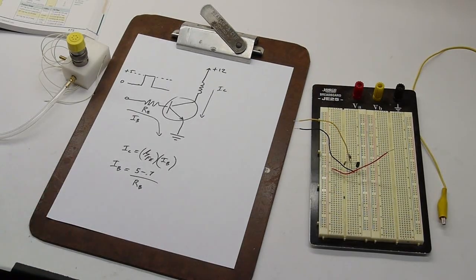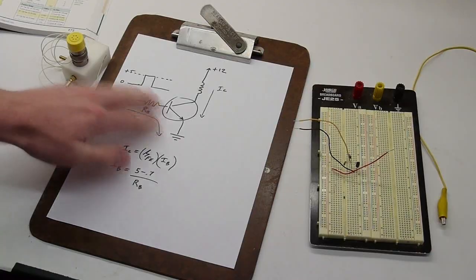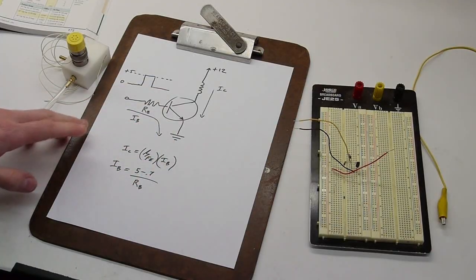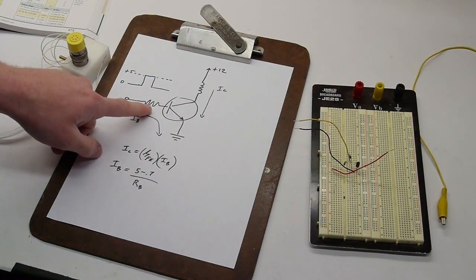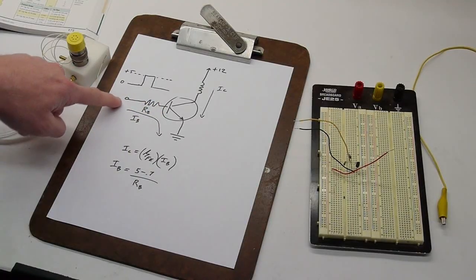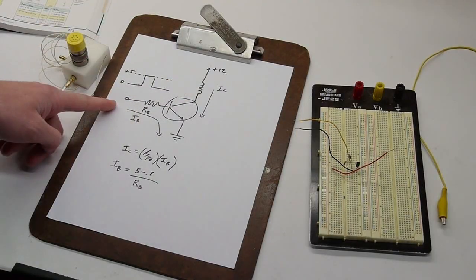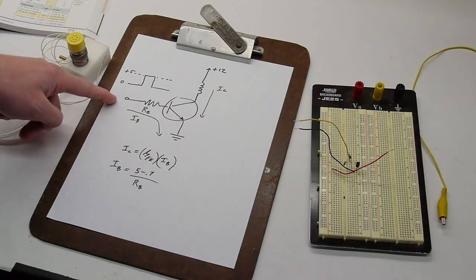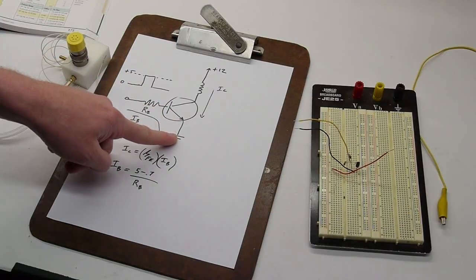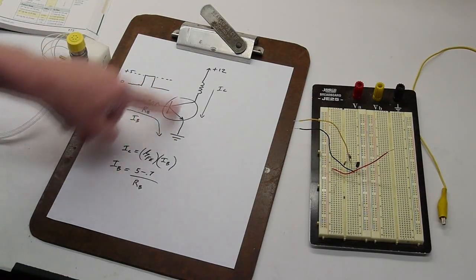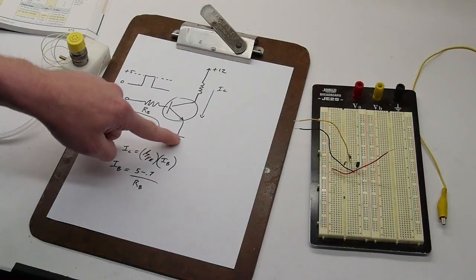So our circuit is almost done. This is a pretty good, almost finished version of it here. We've got a resistor on the base where we're going to put our 0 to 5 volt signal, and the coil is connected here, the solenoid is connected here, so that when the input is 5 volts, we get a current flowing through this resistor, which turns the transistor on and allows a large current to flow through the coil